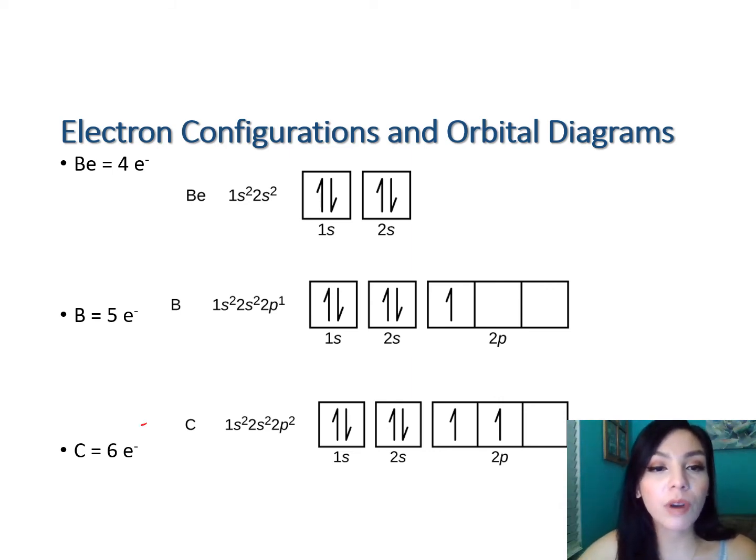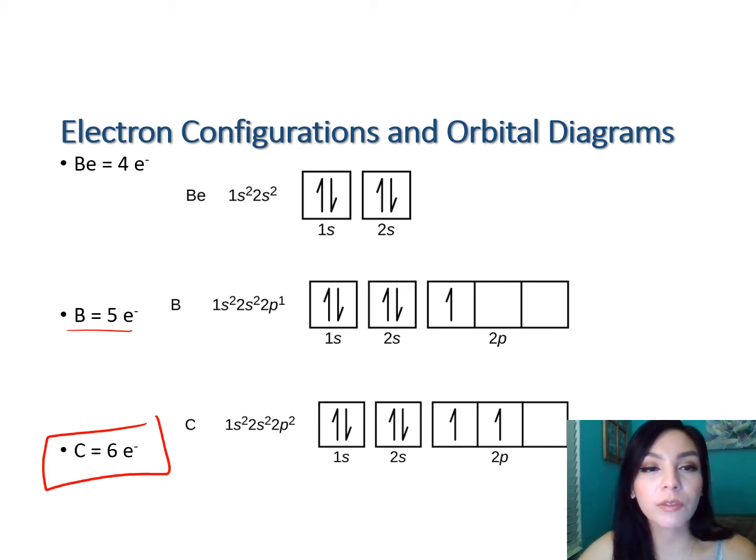So, for example, carbon. I'm going to skip through these two. They're just there if you want to look at them. This is for boron and beryllium. So carbon. The atomic number of carbon is 6, so it has 6 electrons, unless you have some more information about it, right? So it has 6 electrons, and when we write out the electron configuration, we use whatever possible